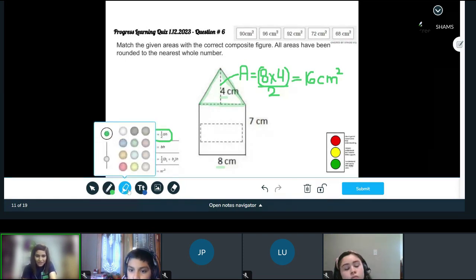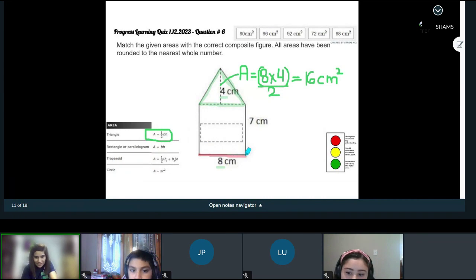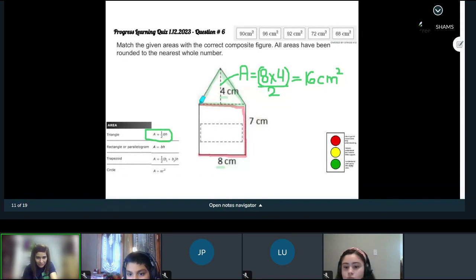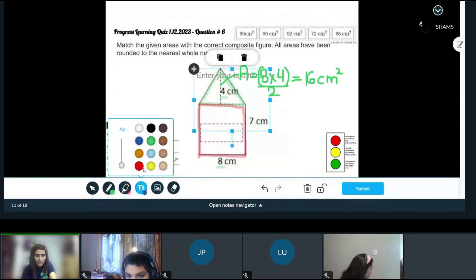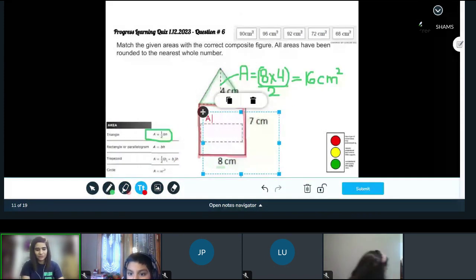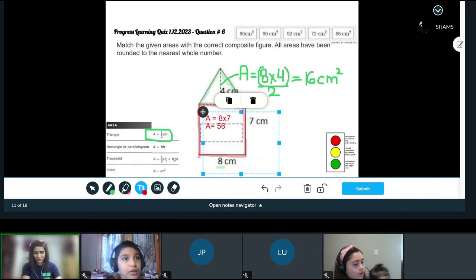At the bottom, there is a rectangle and we can handle the rectangle. Okay, so the rectangle's base is 8. The rectangle's height is 7. Right? And I will complete outlining my red rectangle. In order to find the area of this rectangular part, I will just multiply 8 by 7 and I get the area. Area equals base being 8, height being 7. Therefore, area equals 56. And the units are still centimeters, so